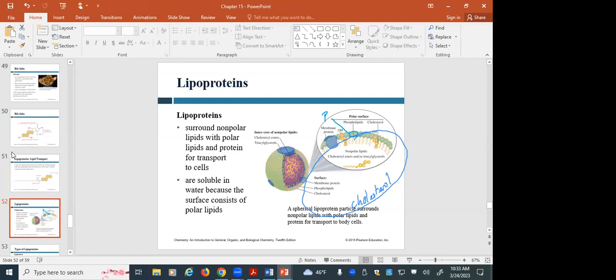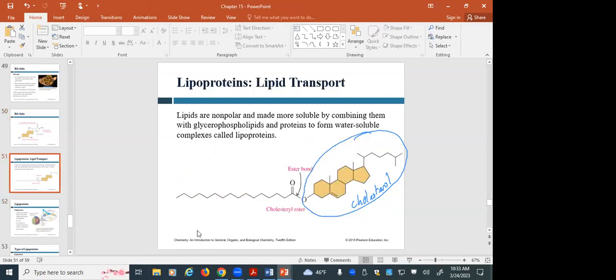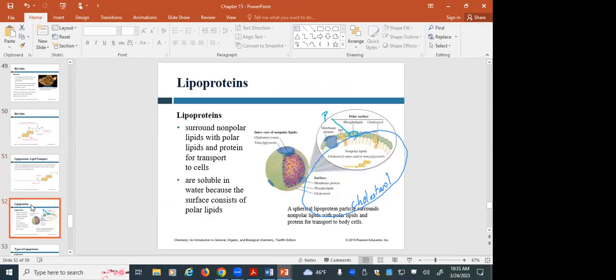And if we take these esters, the cholesterol esters, and link them up to these lipoproteins, these phospholipids, that's what can allow us to transport that cholesterol in and out of the body systems. And so it is these